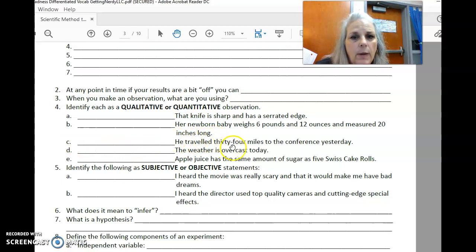4C, he traveled 34 miles to the conference yesterday. How far did he travel, and how do you know? Is that qualitative or quantitative? For D, the weather is overcast today. Well, how do you